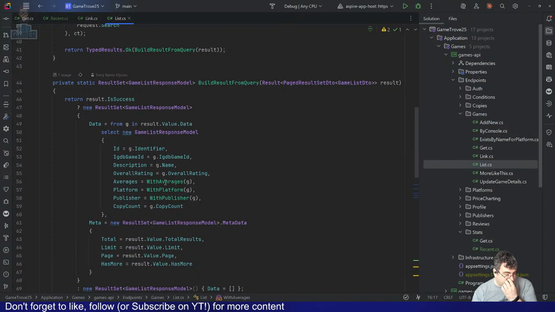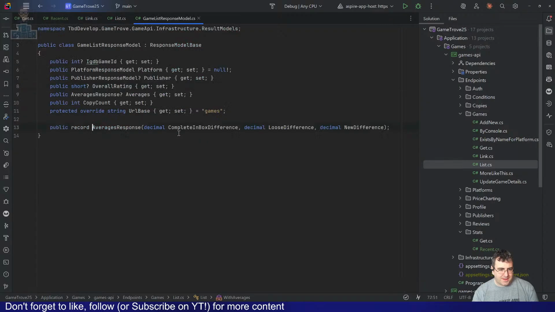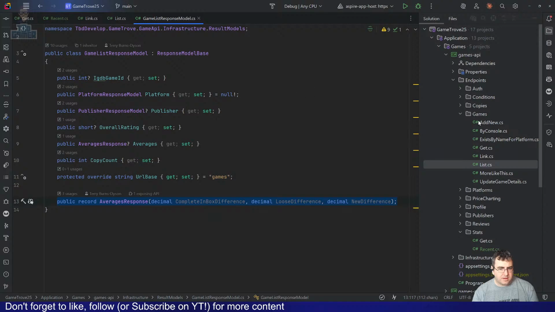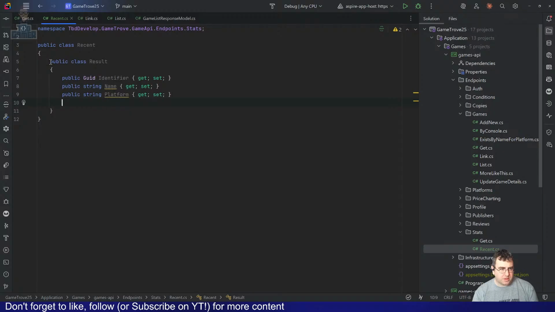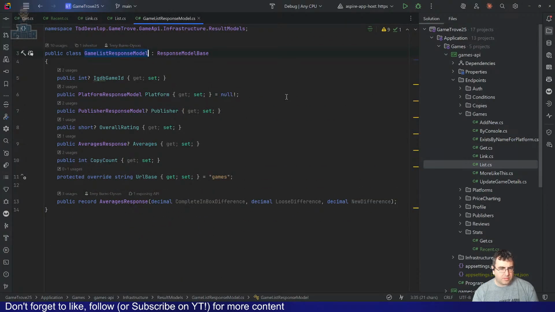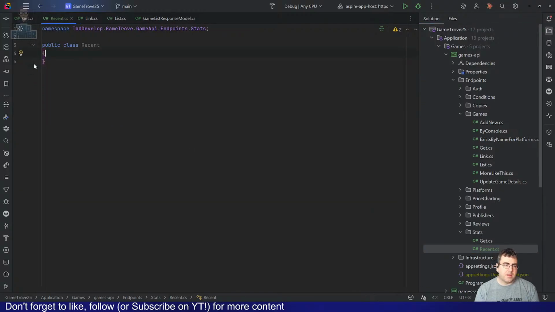Averages. Could I do with averages? I could do with averages, yeah. Actually, I could do games list response model. That would work. Games list. That's a separate model. Okay, that can do that. So we'll do it that way. That works.